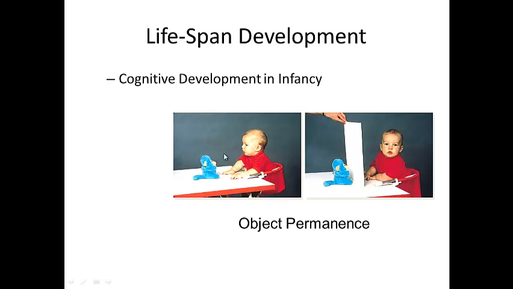So when you take an object away from their sight, they act as if the object doesn't exist anymore. So out of sight is out of mind for a young child. In this case, for example, in this slide to the left, the child exposed to a toy monkey over here will try to reach for it, then grab it. However, if you put a screen in front, the child will lose interest and behave as if they don't realize that that toy is still there.